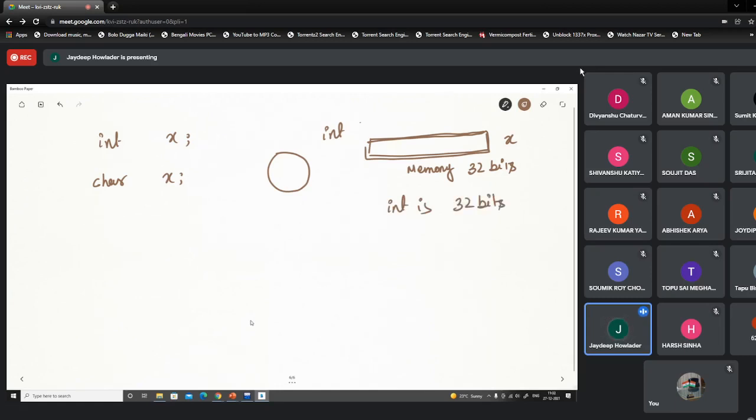Okay. When it is a character, it will reserve only 8 bits of memory. And we say that a character is 8 bits.